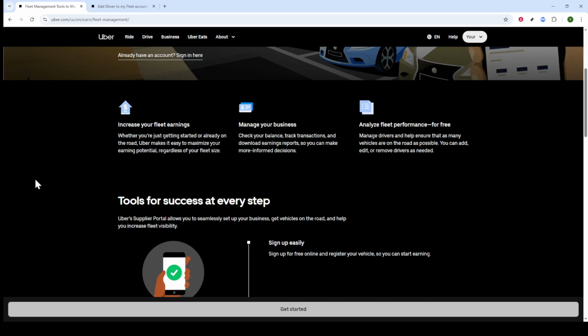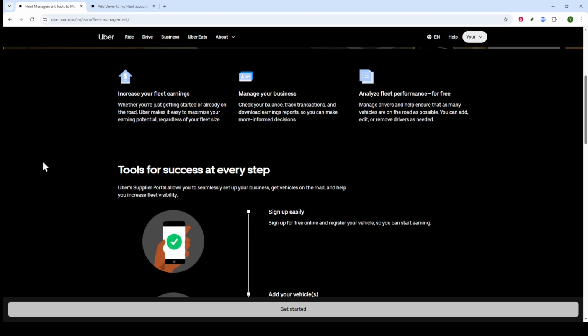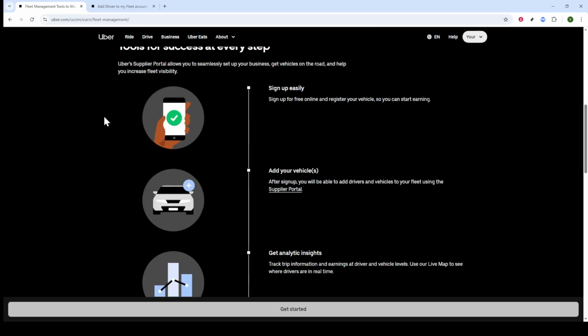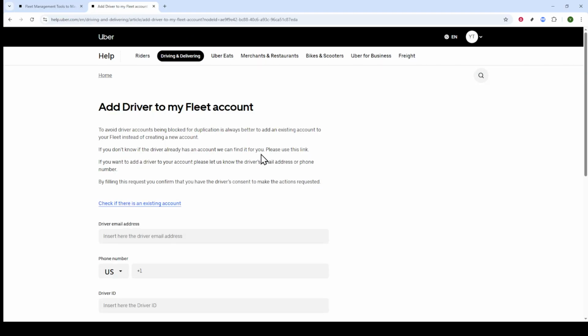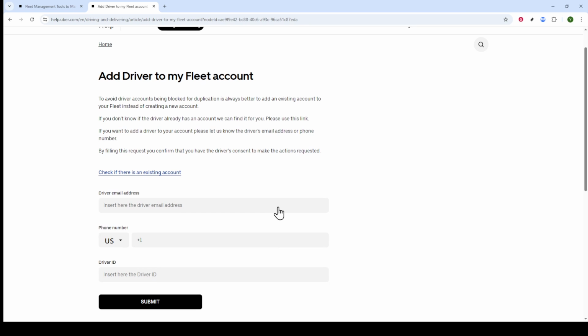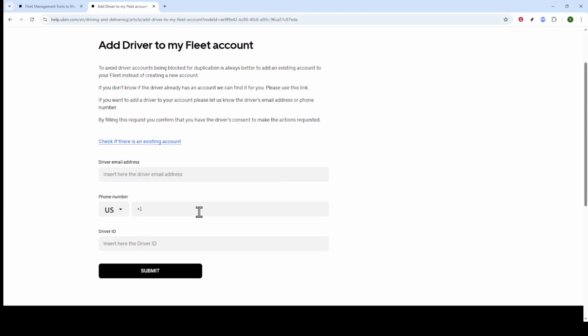First, we'll begin by accessing the Drivers tab. This tab is likely visible in the main menu of your application or system interface. The Drivers tab is a central location where all driver-related information is stored and managed. Think of it as your command center for everything driver-related. Selecting this tab will take you to a dedicated section where you can view, manage, and crucially, add new drivers